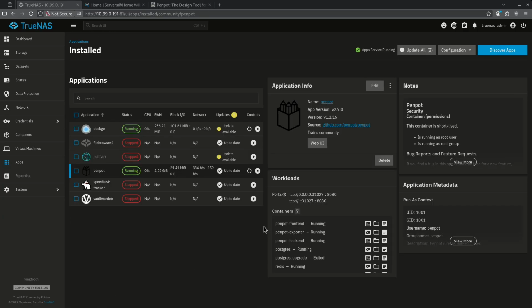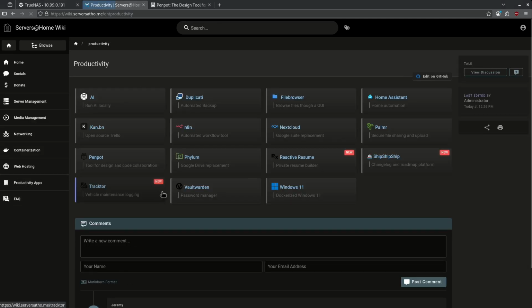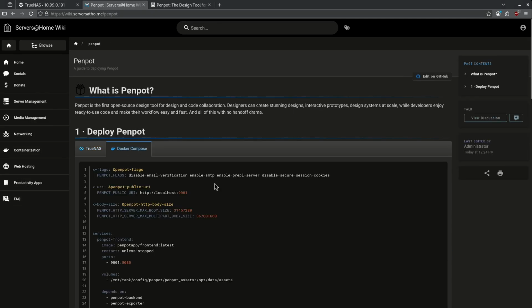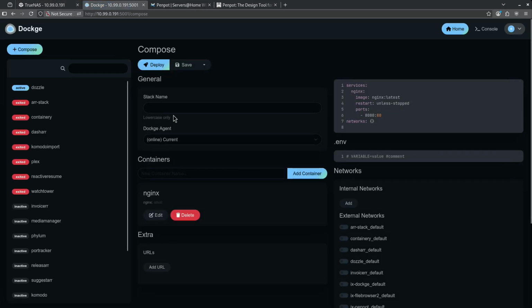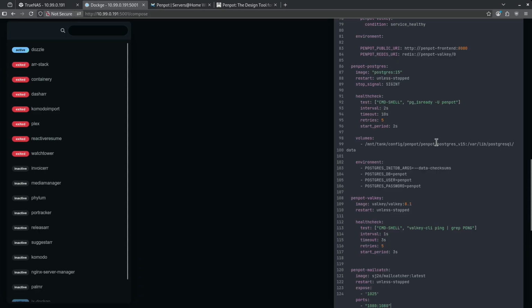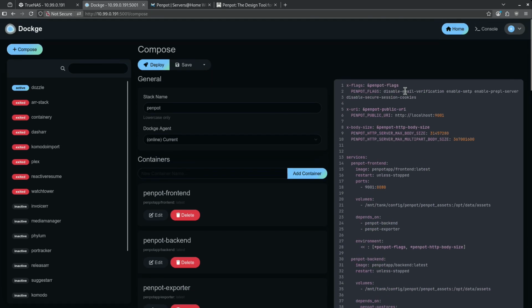In the event you want to deploy this using Docker Compose, go ahead and jump over to the wiki, go to productivity apps, find Penpot, click the Docker Compose tab, and go ahead and copy this whole block. Then I'm going to go ahead and open up Dockge, start a new compose file for Penpot, and paste my Docker Compose file here. The only thing you're going to want to change in this is on the very top,